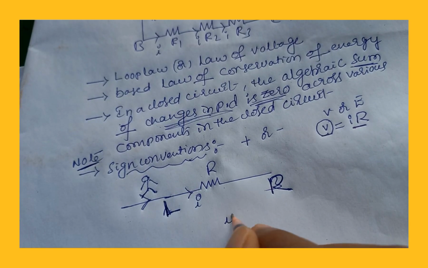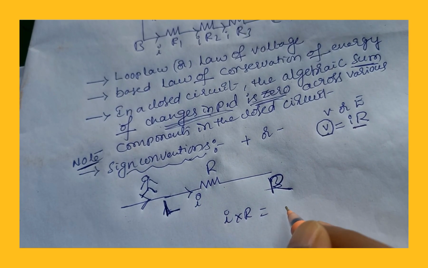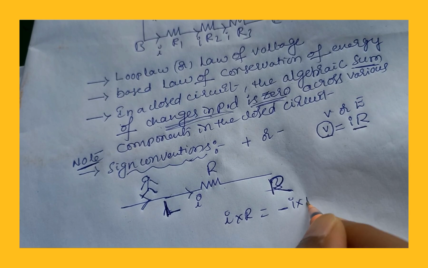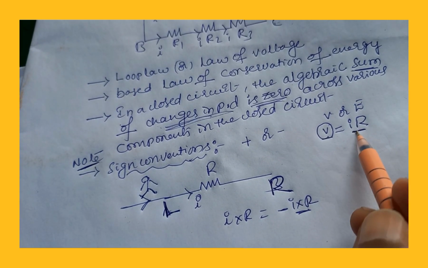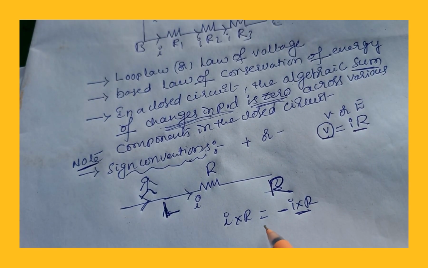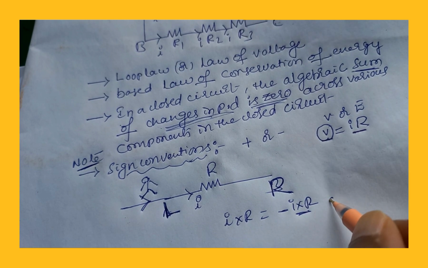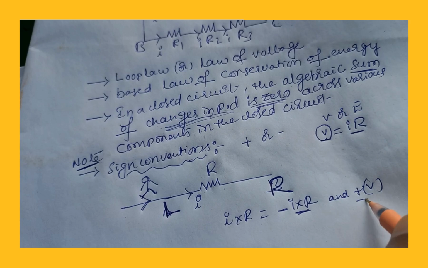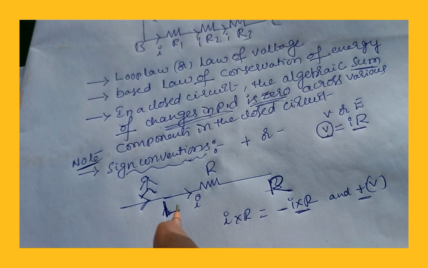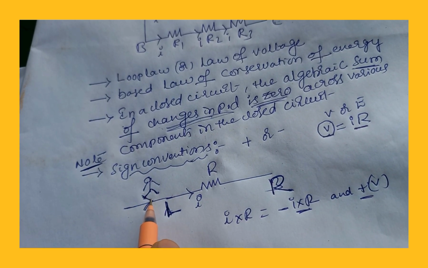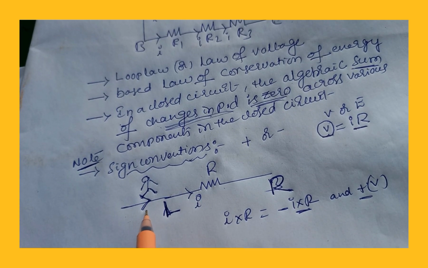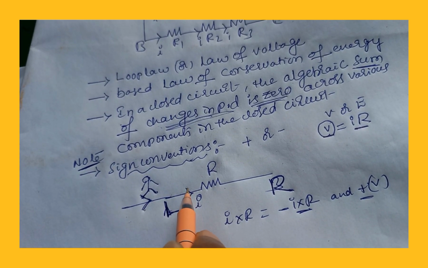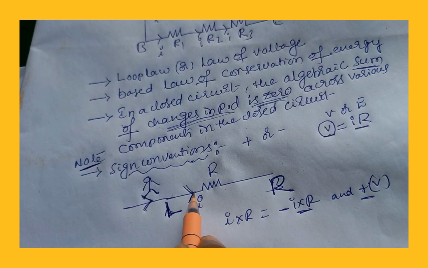In this case I into R will be taken with minus sign, but you know I into R is also potential difference, and V will be taken plus. It means that when the direction of observation is the same as the direction of current,